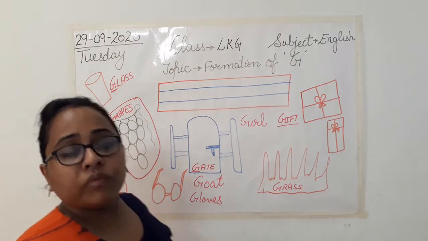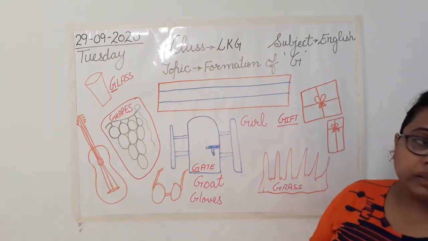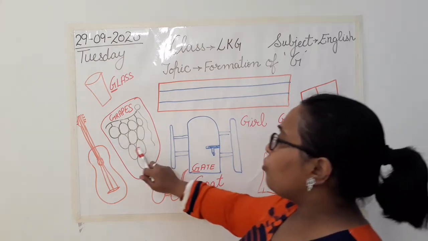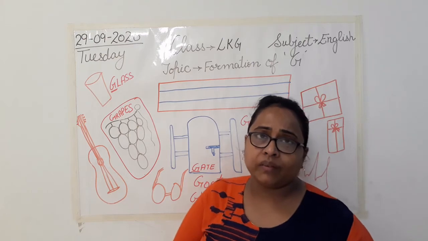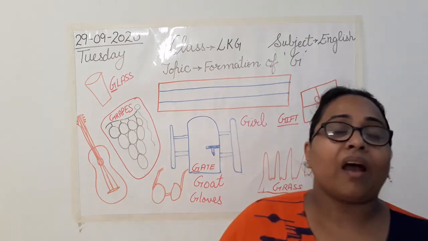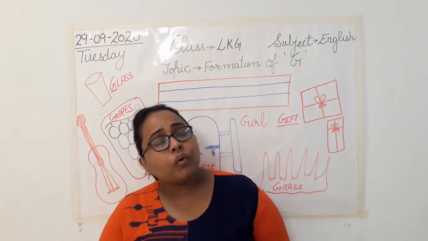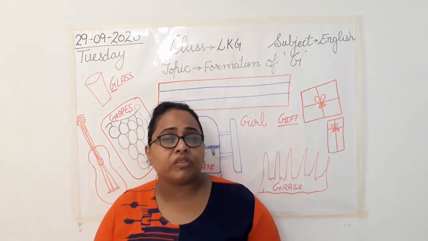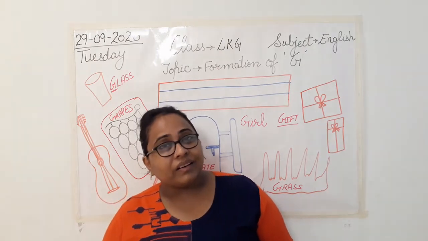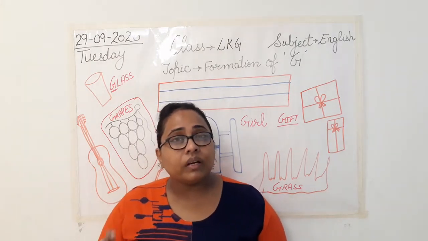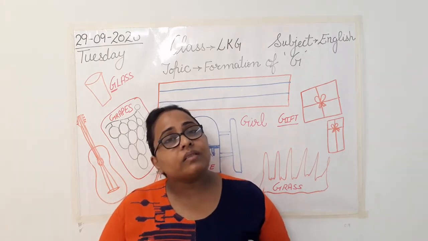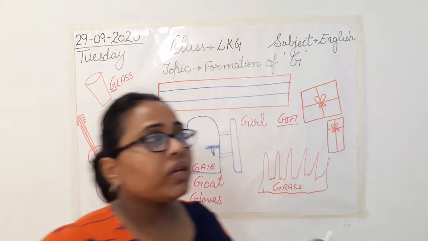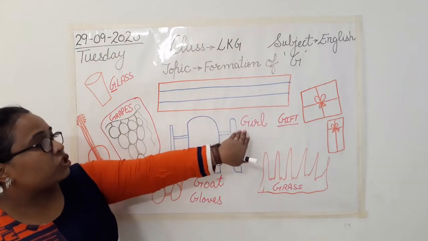Anything else we have from G? Tell me. G, girl. Then we have G, gloves. Then there is one more fruit like grapes we have from G. Guava. Yes, we have guava. Then I told you about a vegetable which is white in color and mama use it while making vegetables. Garlic. G, garlic. Remember लहसुन garlic दिखाया था मैम ने आपको. That is G, garlic. So these are few things that we can say begins with alphabet G.